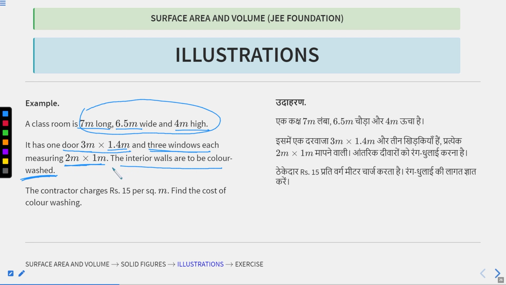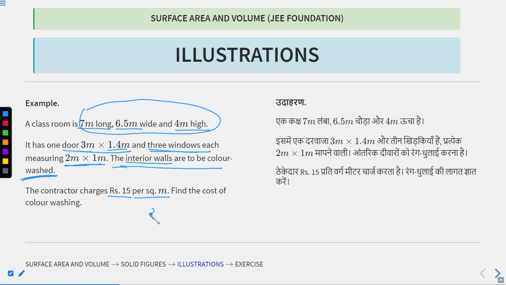In the question, if you see carefully, we are just talking about the interior wall, so we need just the area for just 4 walls. So area for the 4 walls we need, and the contractor, if you are giving this work to a contractor, and that contractor is charging